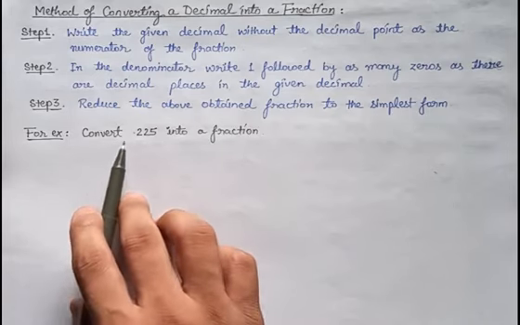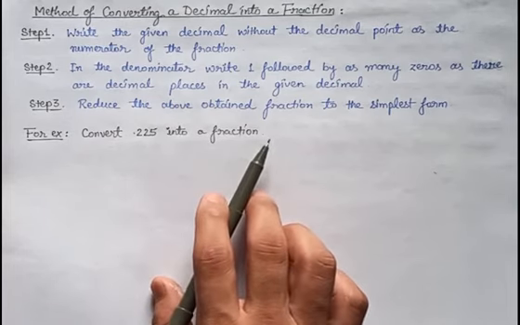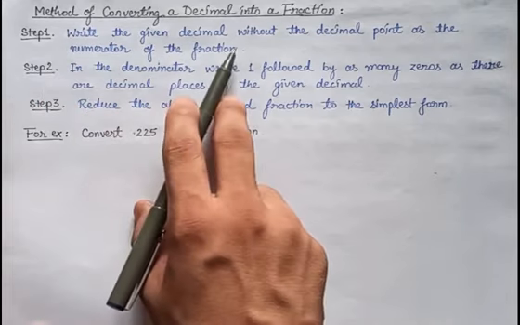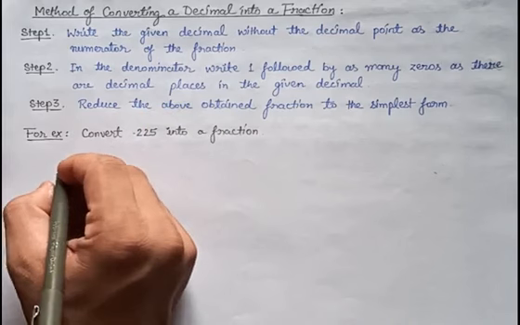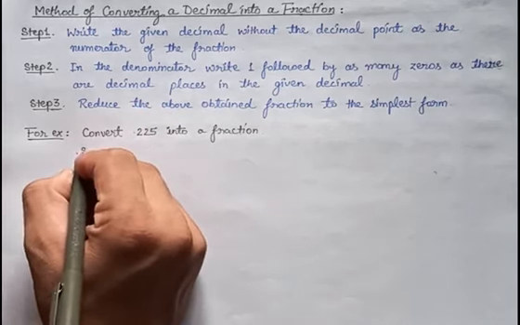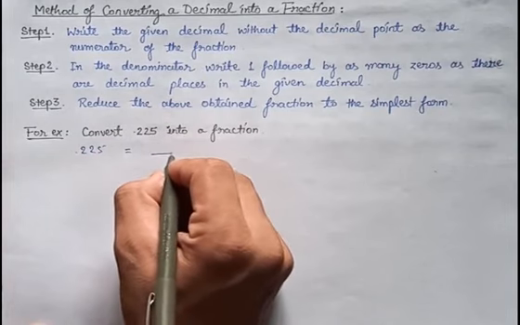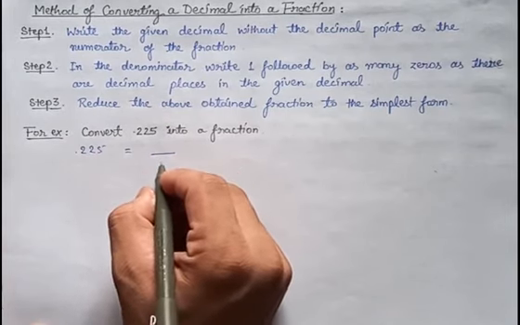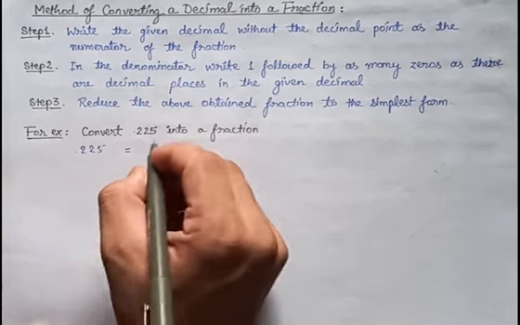So here we have to convert 0.225 into a fraction. Okay. So our first step is write the given decimal without the decimal point as the numerator of the fraction. So we can write 0.225 as, you know, the top is the numerator and the bottom is the denominator. So here we write the given decimal without the decimal point, that is